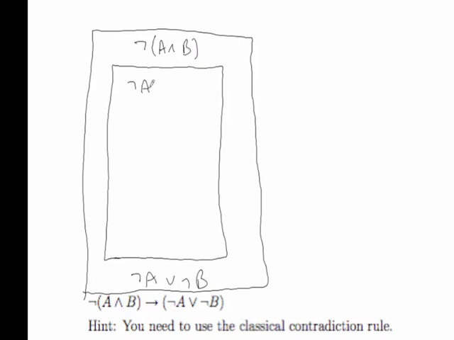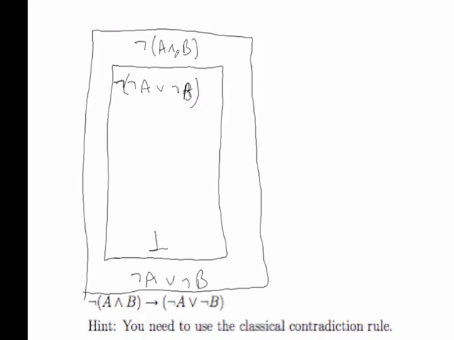The classical contradiction rule works by assuming the negation of what we intend to prove, and then we want to show a contradiction. Now, this is a very tricky step, because the question is, how do we get that contradiction? I have talked about this heuristic before in class, and it's a very good principle for challenge questions. There are two ways we can get the contradiction here. We can either get something contradicting this line or contradicting this line. These are certainly two natural ways to get a contradiction.